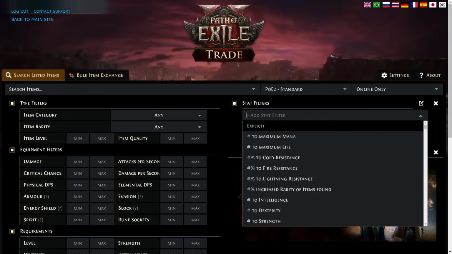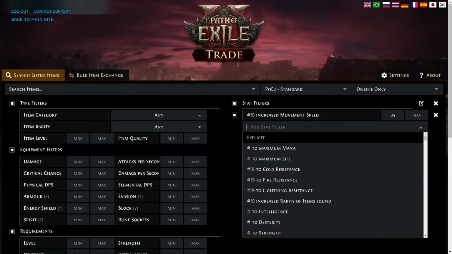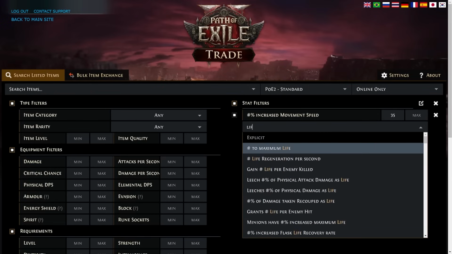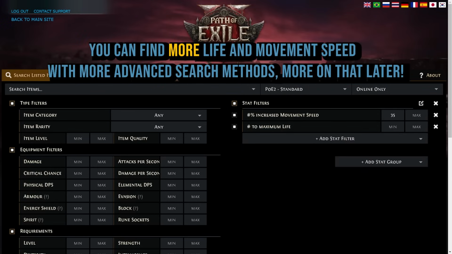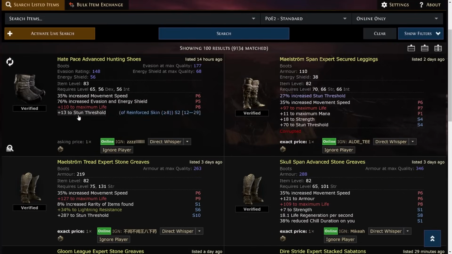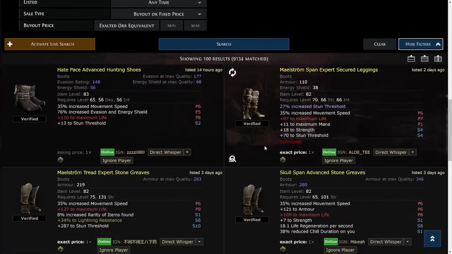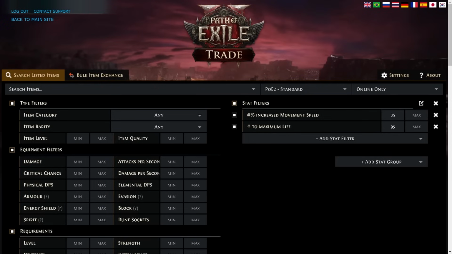This is good when your boots must have 35 movement speed, and they must have life. You could even be specific and say they must have at least 95 life. Now you will only return search results, many of them, with 35 movement speed, or higher technically, and 95 plus life. This is how most people search, and it's fine for very simple items, but it will